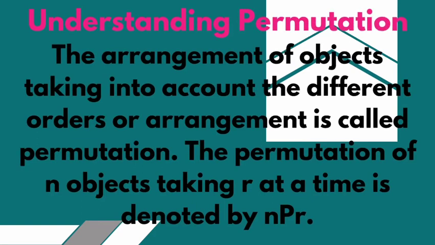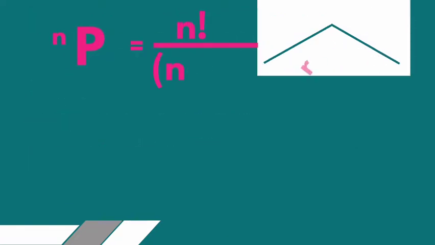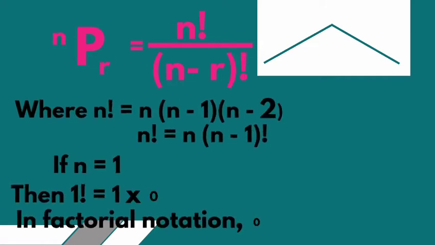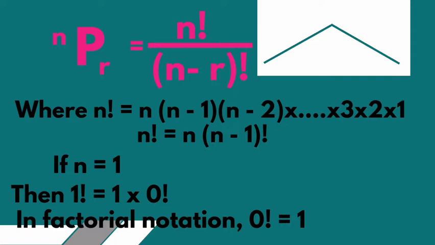Understanding permutation. The arrangement of objects taking into account the different orders or arrangement is called permutation. The permutation of n objects taking r at a time is denoted by nPr. nPr is given as n factorial all over n minus r factorial, where n factorial is equal to